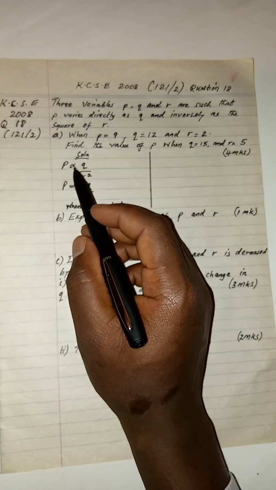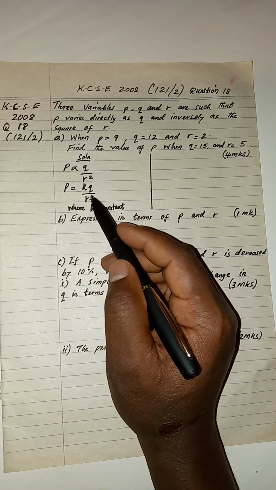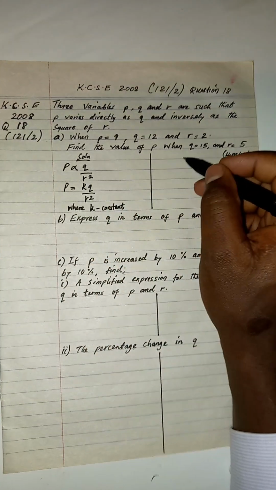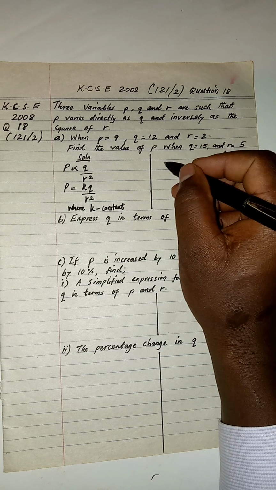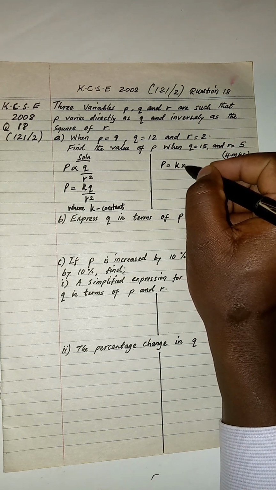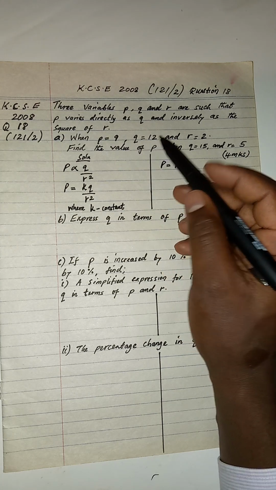So we have removed the proportionality sign by introducing a constant K. Therefore, part A says that when P is equal to 9, we can find the value of the constant K. So P is equal to K times Q, which is given as 12,